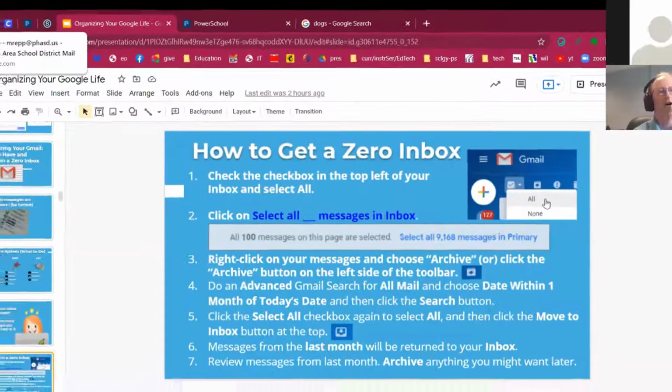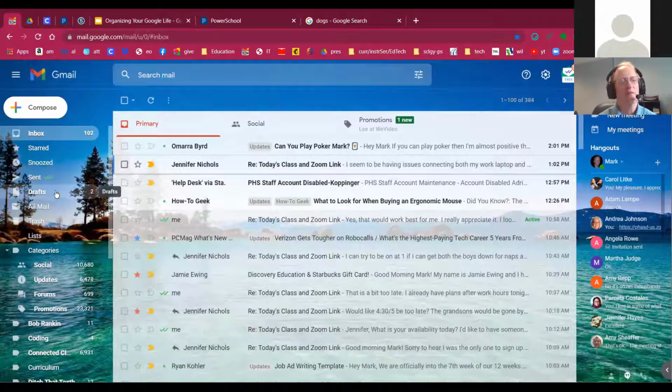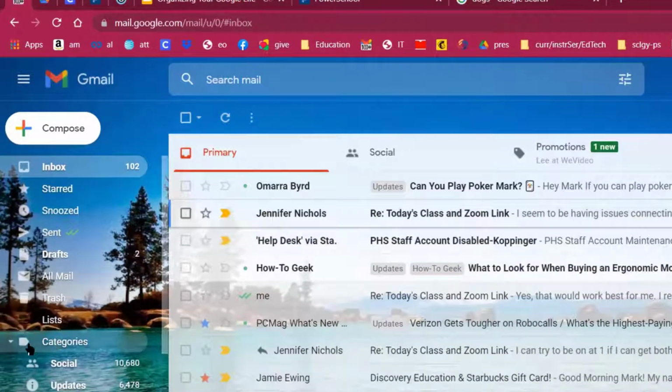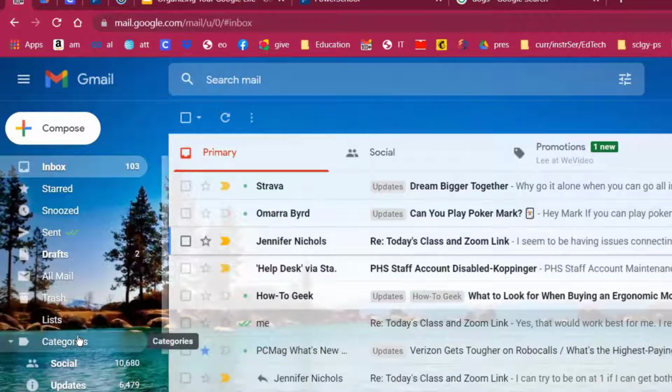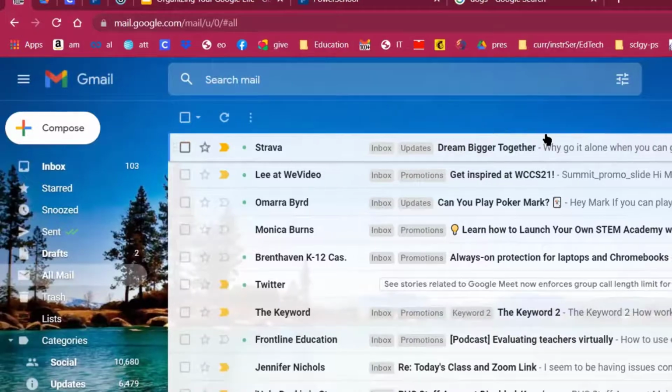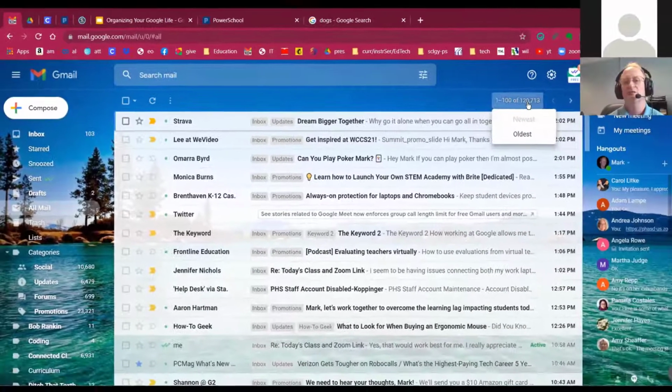But the thing is, all those messages are still there. If you needed to find them, all you have to do is come down, instead of to inbox, just go down to where it says all mail. Now, some of you may have to click the 3-dotted button right here, about halfway down. Click the button so that it will reveal the all mail option, and then click all mail. If I click all mail, I'm embarrassed to say that I have 120,000 emails, actually